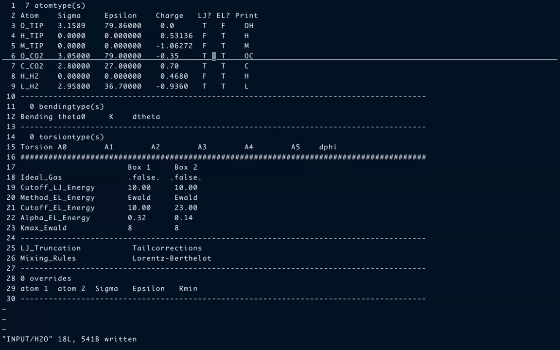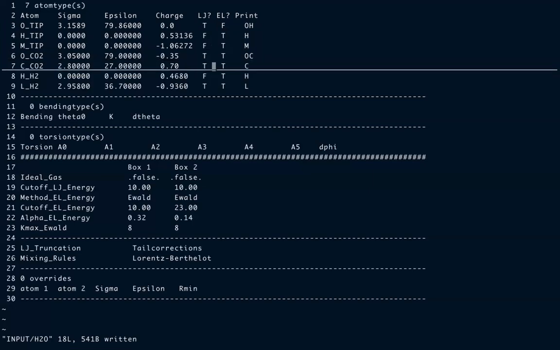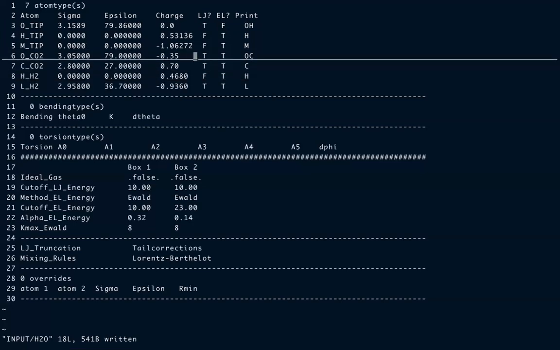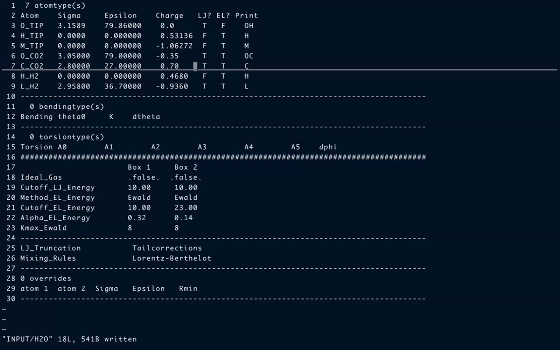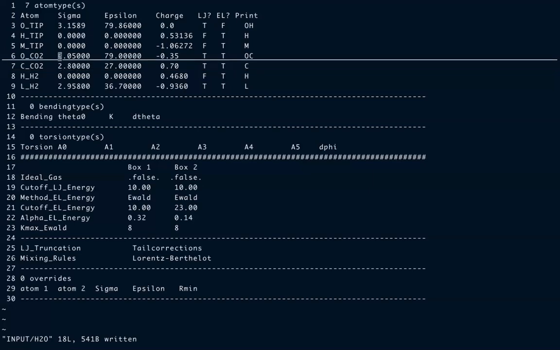Now you can do the same for all the other species in this particular molecule. For the water molecule, you do the exact same thing for the oxygen and the CO2. You also do the carbon in CO2. Now, kindly be reminded that the sigma and the epsilon is to prescribe interactions between the carbon in CO2 with another carbon in CO2. Similarly, oxygen of CO2 interacting with another oxygen in CO2 has the following Lennard-Jones parameters and